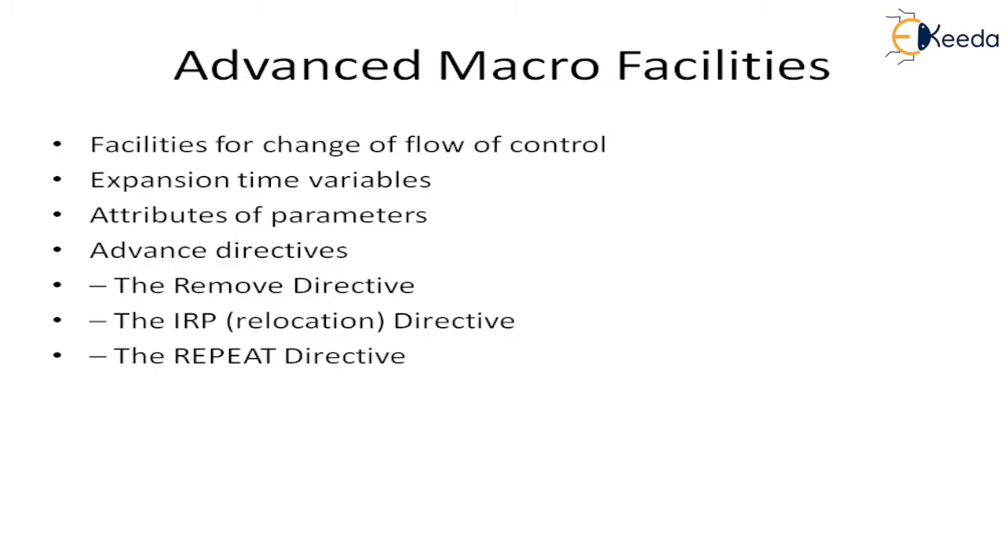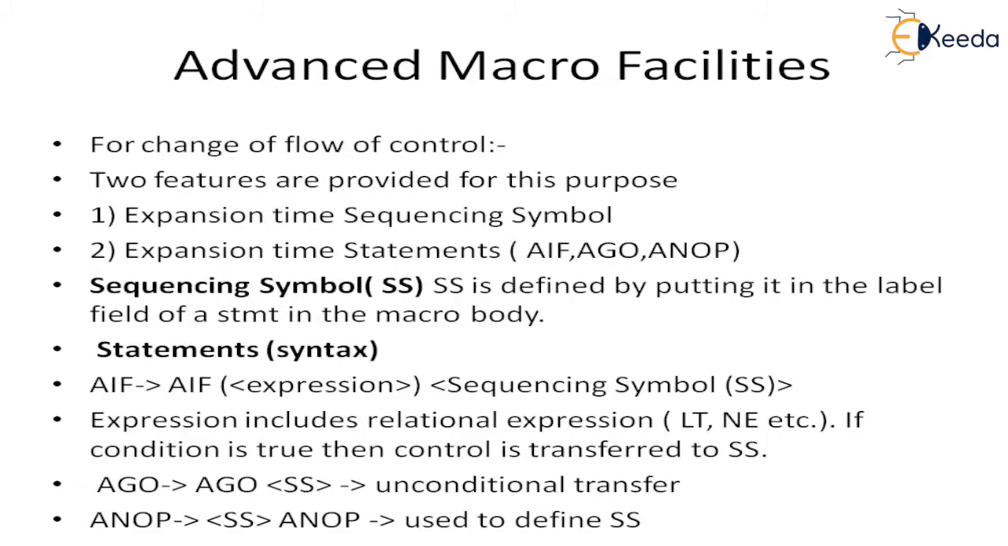Then expansion time variable is also part of the advanced macro facility. Attributes of parameter, then the advanced directives are used under the advanced macro facility. Those directives are nothing but the remove directive, the IRP directive, and the repeat directive. Advanced macro facility is useful for changing the flow of control, and there are basically two purposes of advanced macro